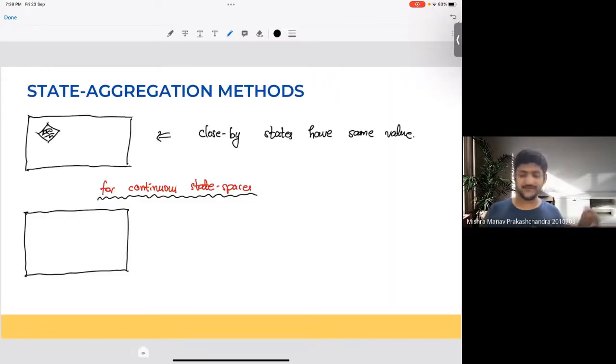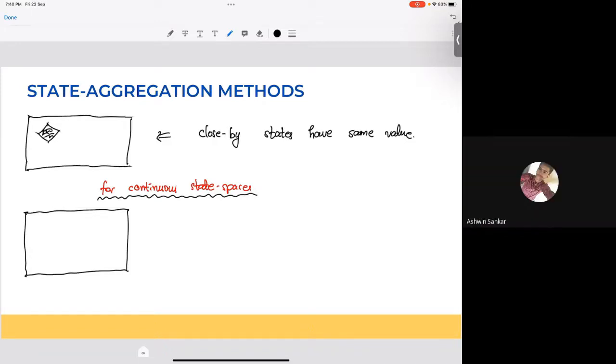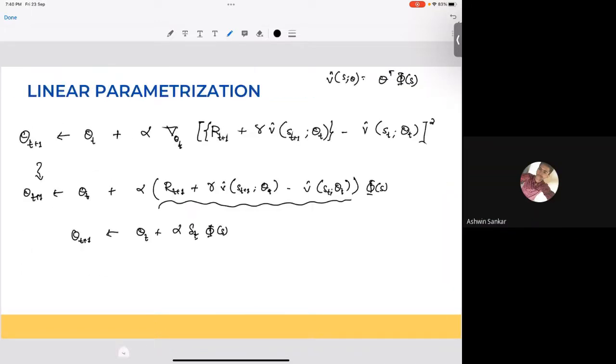Next up, you have something known as state aggregation. So let's say you have access to millions and millions of states. So instead of updating each state one by one, Before we move on to state aggregation,